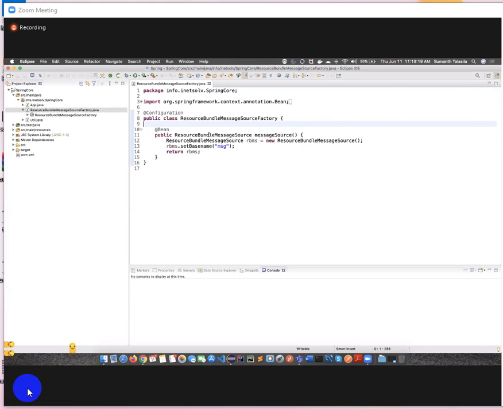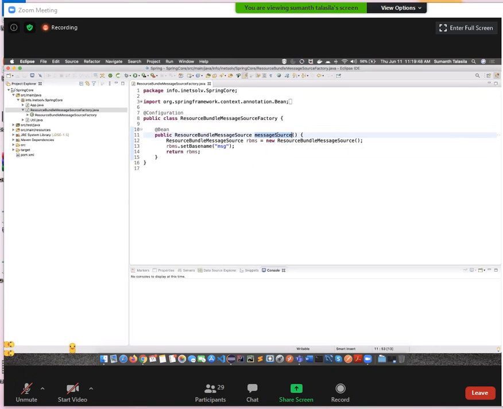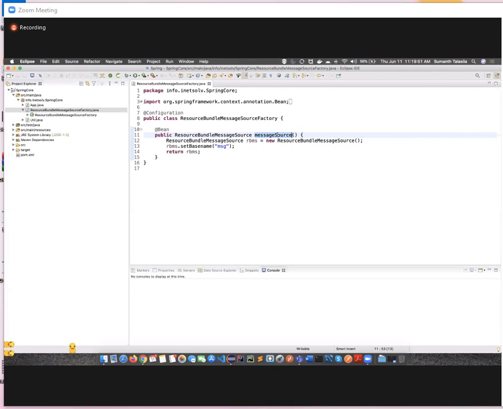Is it mandatory that the return type of the method and the method name must be the same, or can they be different? They can be different also. But what is the best practice? Make them the same. Why should it be the same? Whenever the name is not configured, Spring by default takes the class name as the ID. So we follow the same methodology here. I want the method name to be the bean ID. That is the reason I make sure the return type and the method name are both the same.